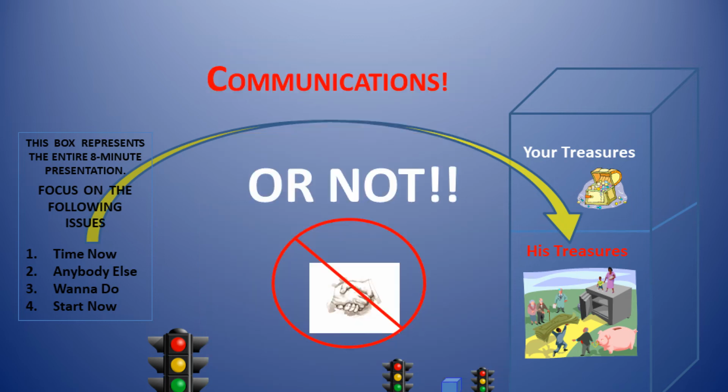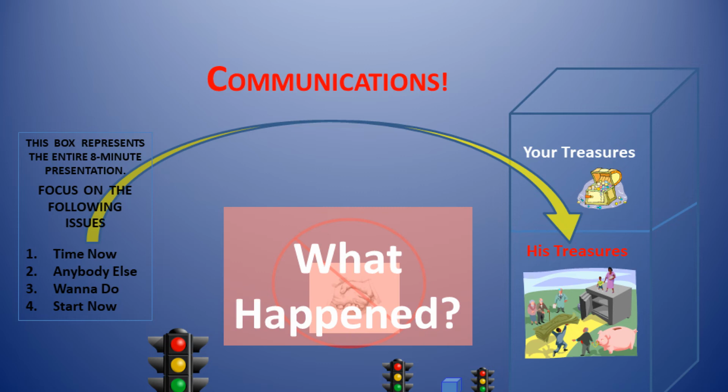Now the very agreement we have with the business and the business owner or the investors is in jeopardy. Something has gone amiss. We need to figure out how to correct our relationship immediately while we're right in the middle of it. In other words, we need to find out what happened, and we need to find out quick.